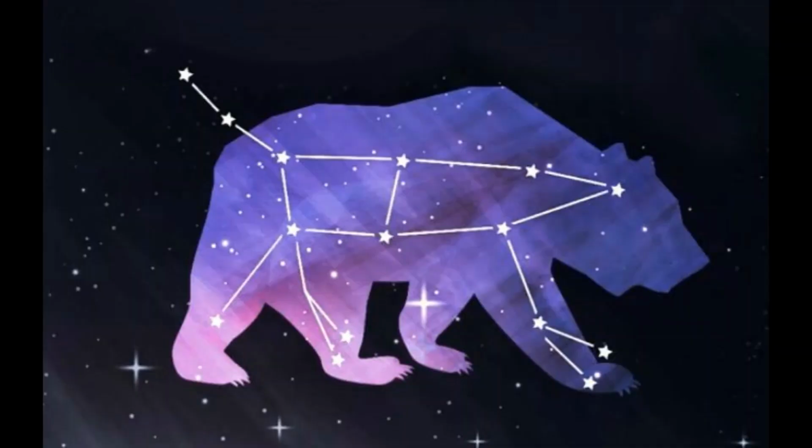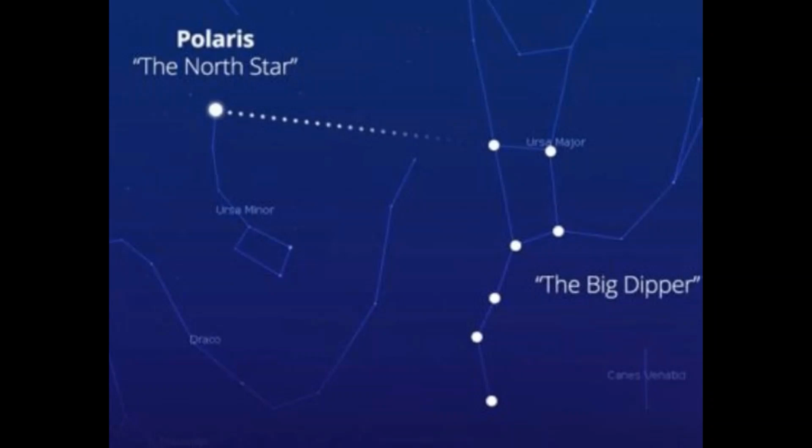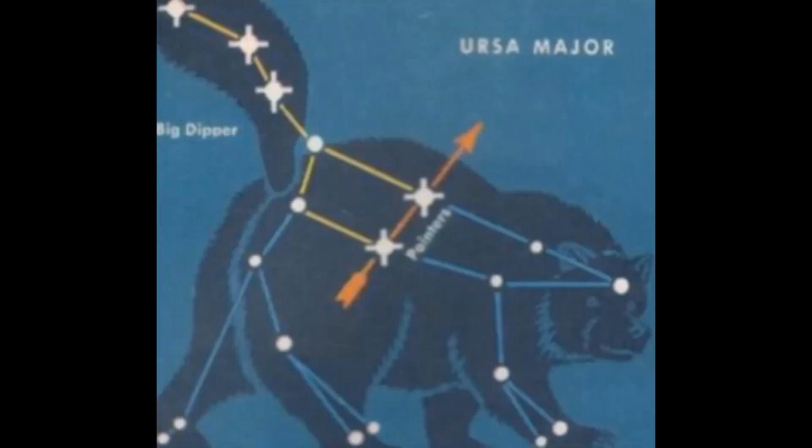Some of you may be wondering where the names Arctic and Antarctic came from. Well, it starts with Ursa Major, which is Latin for Great Bear. And the Big Dipper, Ursa Major, points towards the North Star. That comes from the word Arctos, which is the Greek word for bear. So Arcticos means northern land in Greek. And so anti, or ant in Greek, Antarcticos,